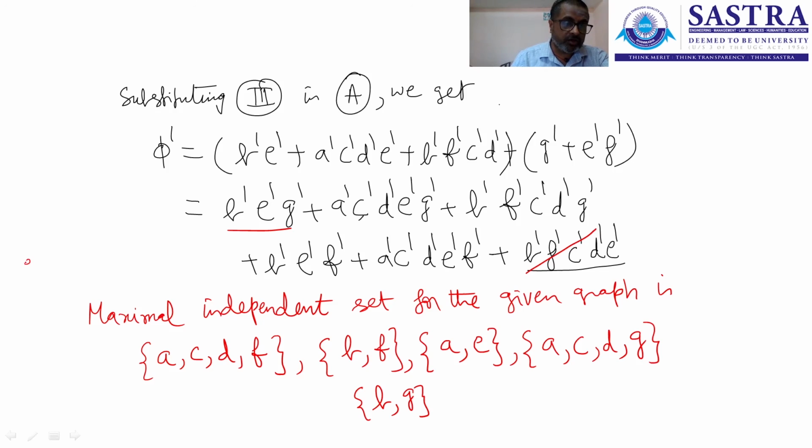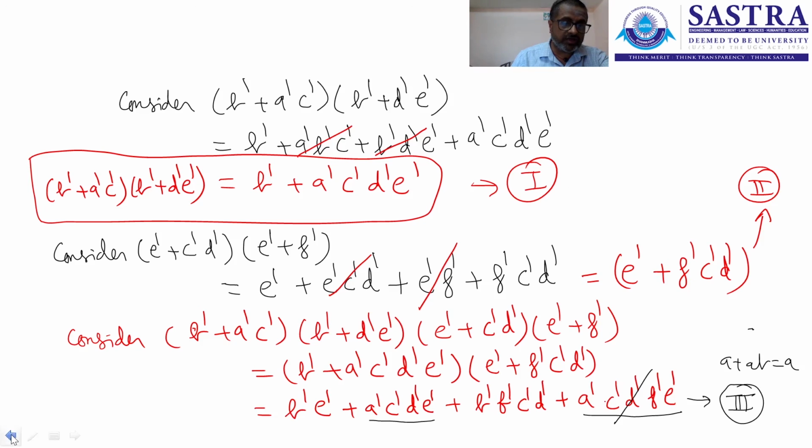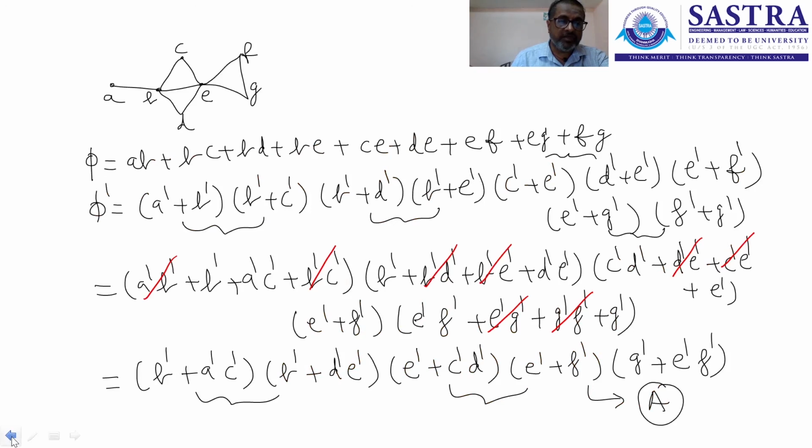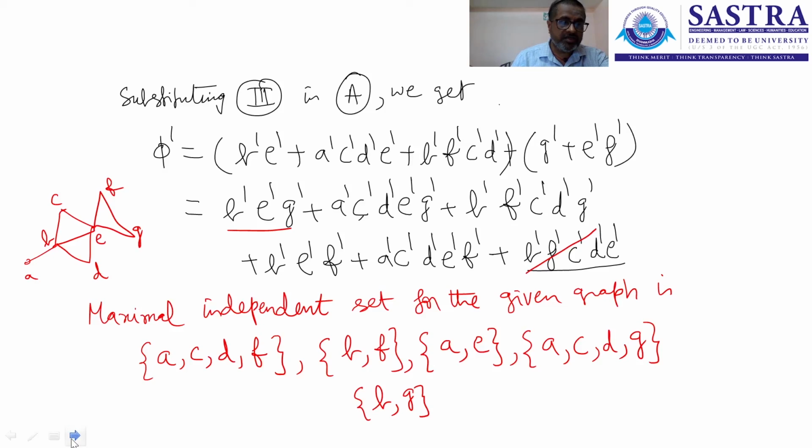We can also check this by drawing the graph again, but of course this would give you the same result. This one was A, B, C, D, E, F and G. I have to label the vertices as I had done before, that is important. Now you can see that A, C, D, F is one independent set,